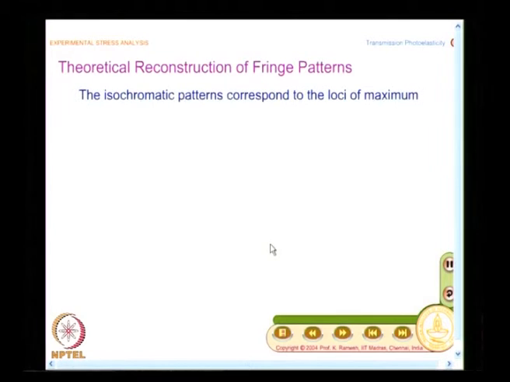and I will tell you how I mimic the thickness variation also. And even the thickness variation you can do by a very simple mathematical step. You do not have to worry that, depending on the fringe gradient, I should go and tell the program to make the thickness so much, nothing of that sort is required. And how do I do the theoretical reconstruction? This is what we will see.